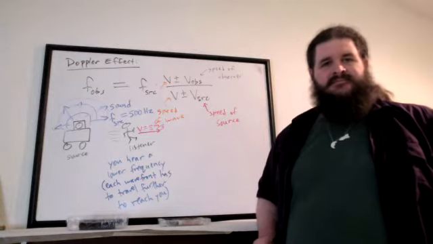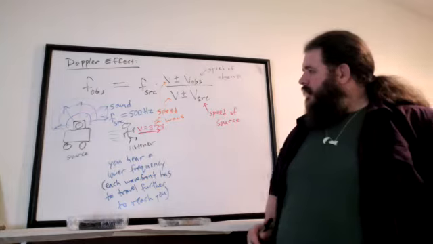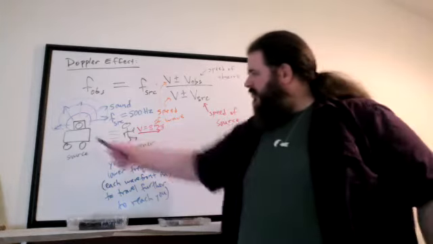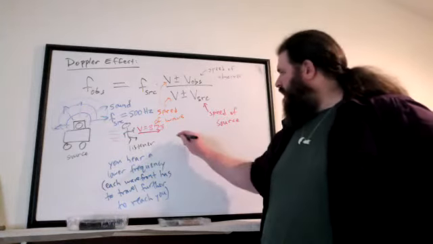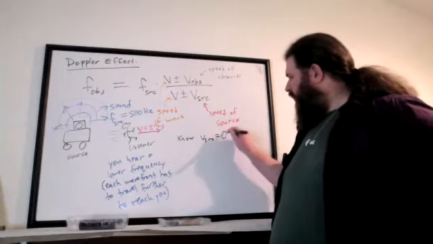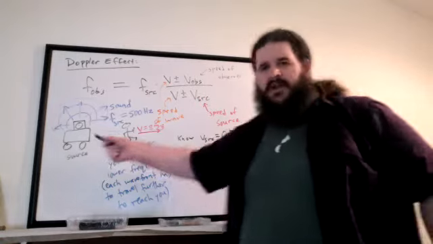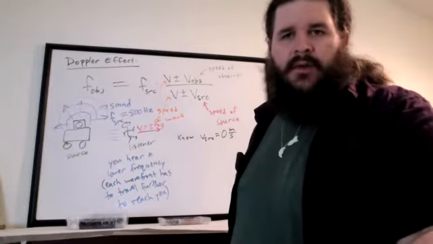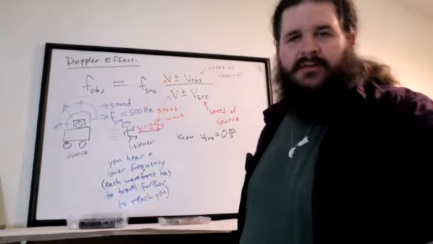The speed of the observer this time, because the source is stationary. Yeah, in this case, let's list out what we know. We know that the speed of the source is 0, because in this case, the speaker is not moving. What do we know about the motion of the listener?